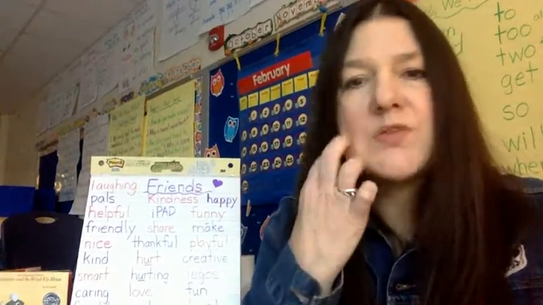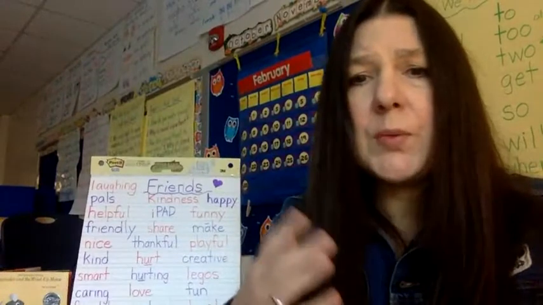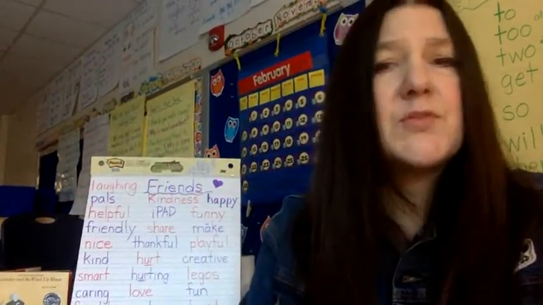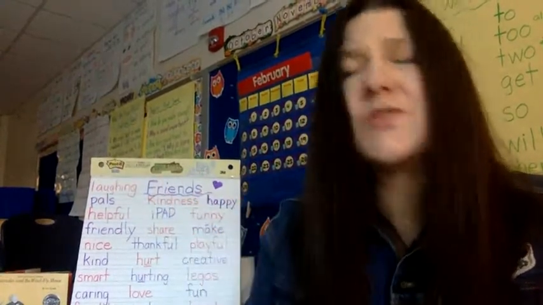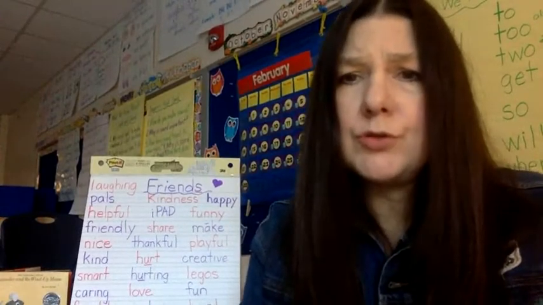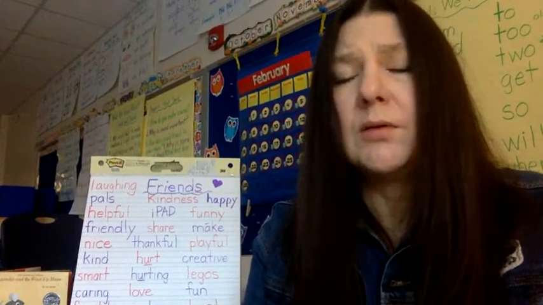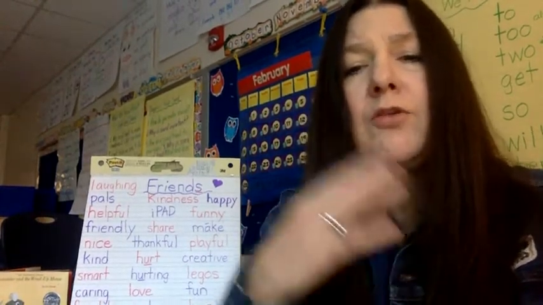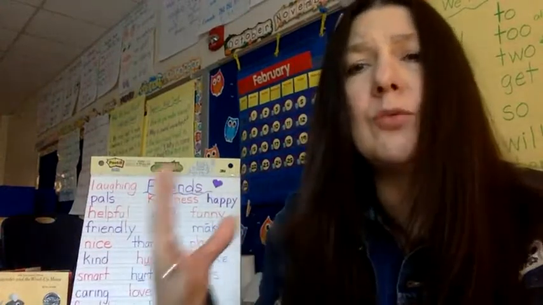Now, remember what I said about story writing. It doesn't all come to you at one time. So I don't want you to get frustrated. Sometimes you'll sit down and you'll get started. And I enjoy being with my friends. You kind of have an opening sentence. I like my friends. My friends are special to me. You will have an opening sentence. And then you might have to stop and think, what do I really want to do with my friend? What do I really do with my friends? And then you will come up with an idea and you'll write it.